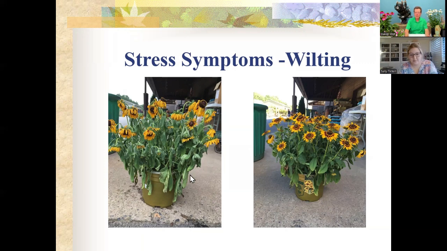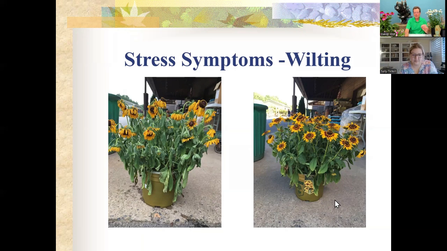But then what I did was I was able to take this plant and water it so that it was completely saturated. And this is the same plant about 5 hours later. So again, if we catch it in time, they're amazingly resilient. They go to what we call a wilting point. It didn't get to the permanent wilting point, and with a good amount of water and a few hours in the shade, here we are, this guy perks up.